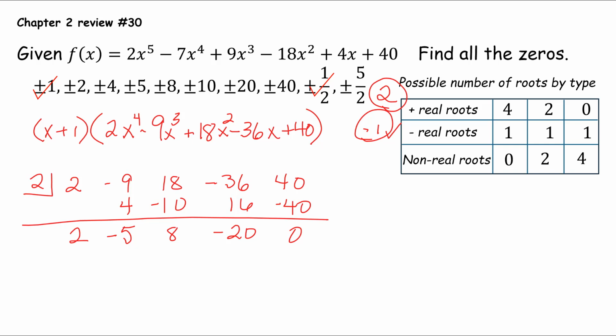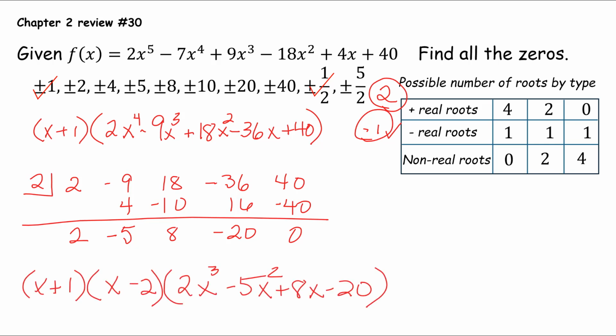And I know that, so if there's 1, I know there must be at least one more, because I can have 2 or I can have 4. So the factorization now is x plus 1 for my negative 1 root, and then x minus 2, since 2 is a root, x minus 2 is a factor, and then I'm left with 2x cubed minus 5x squared plus 8x minus 20. So now if I try the next positive root above 2, I'll just try 4 because it's